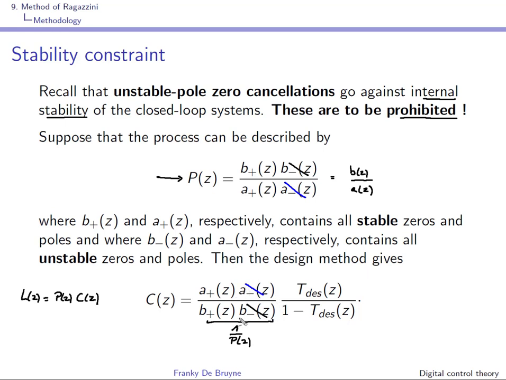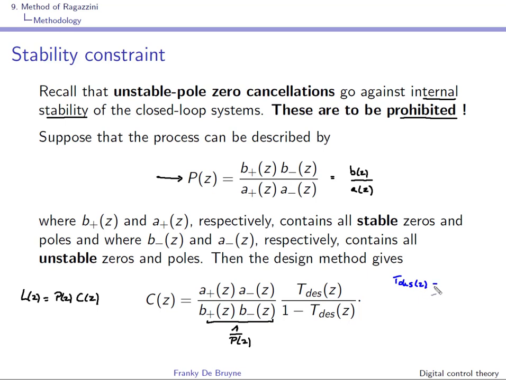So this is something that we have to prevent. And how can we prevent this? Well, by an appropriate choice of the desired transfer function over here. So for instance, if we want to prevent that b minus is cancelled by the b minus in the process, what you can do is make sure that b minus is a factor of the numerator of the desired transfer function, so that the desired